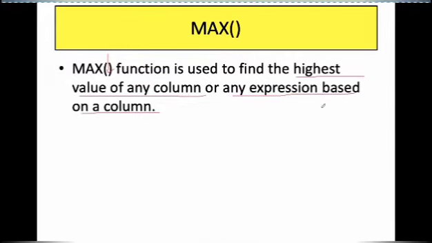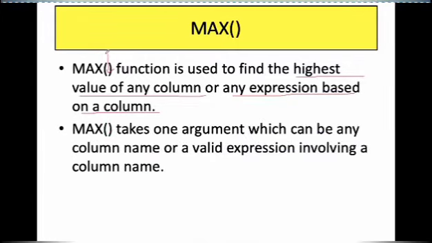What do you mean by this? Any expression like column name plus 10, column name plus 20. So any expression involving a column. This will be clearer when we do examples. So let us see. Max takes one argument.